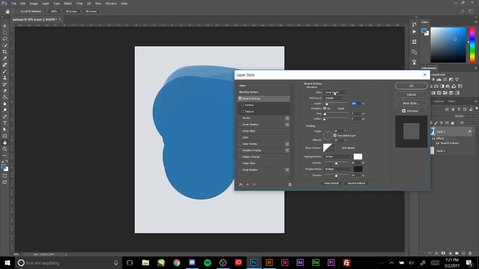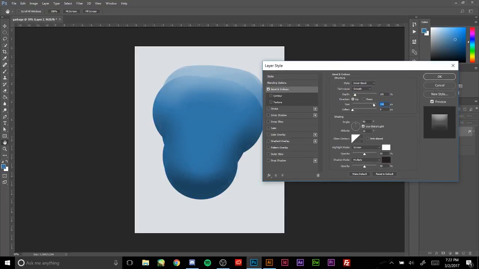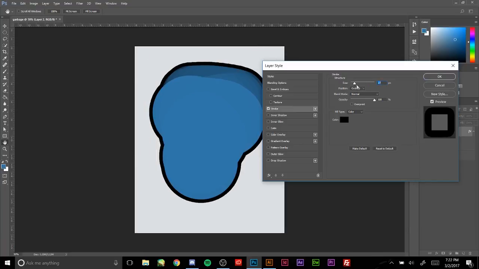Obviously, you're not going to want to give your painting a bevel, but you know, you can if you wanted to. Look at this. If you know what a bevel is, it's like, I don't know, shading, I guess. This is a stroke. Stroke just means outline,